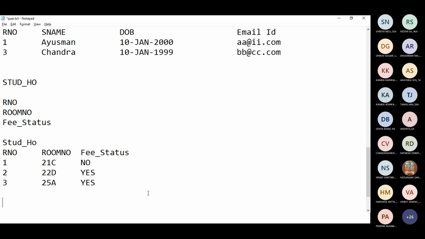I want to list the names of students who have paid their hostel fee. Would I be able to? Yes, sir. How? See, my first question was answered. Roll number 1, Ayushman, has paid the fee. And what is his room number? You have answered 21C, because by referring to that roll number 1 as a foreign key, you have answered that question. But